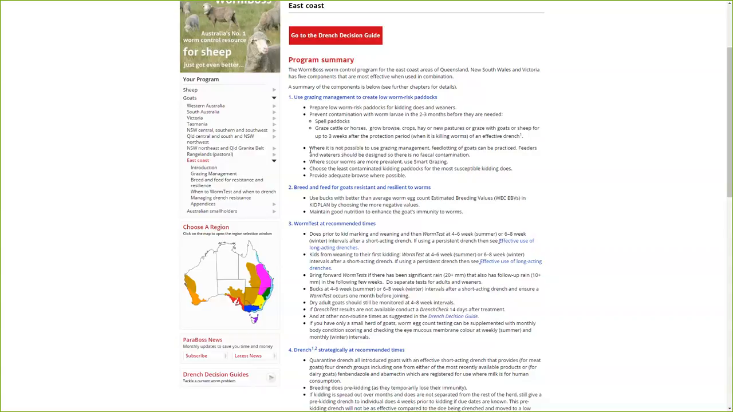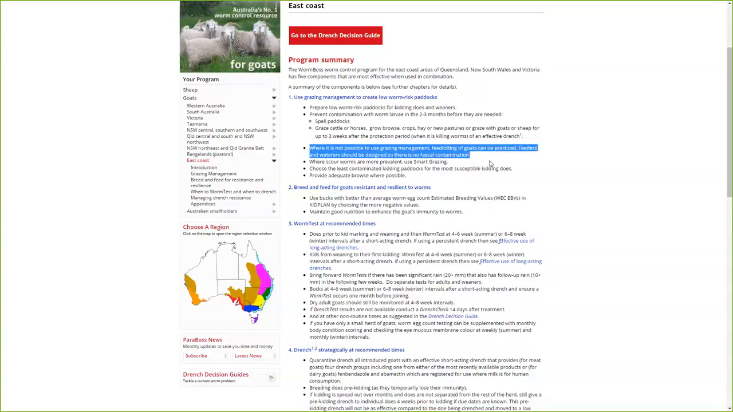And this is a really important point here, Julie, that I will just highlight so that people can see that on the screen, is that where it's not possible to use grazing management in this East Coast region, then we're suggesting feedlotting of goats can be practiced. And that's because we know that particularly on smallholder properties on the coastal area, worms can just build up to such a level that drenching is so frequent, and we know that's going to lead to selection for drench resistance. And so if we want more information on any of these particular areas, for instance breeding and feeding, we can click on the hyperlink,